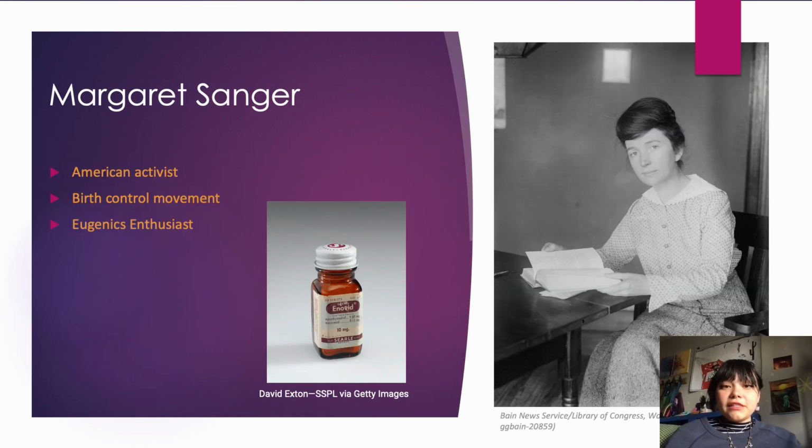So, in the late 1910s, early 1920s, Margaret Sanger, an American activist, opened the first birth control clinic in America, and for almost 40 years, she fought for the creation of birth control and created the birth control movement. Margaret Sanger herself did not create the oral contraceptives, but she did push for a pill form that would be